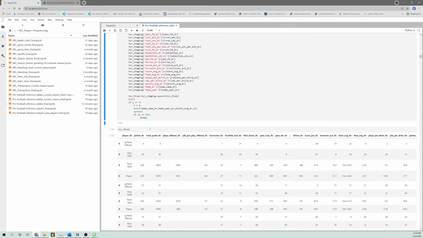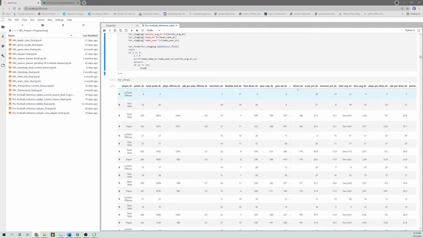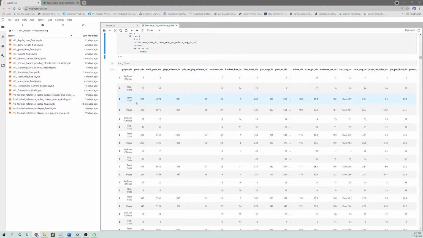Excuse me, I actually skipped the table. So this is what the table looks like after we scrape everything, put it in a data frame, and do whatever data manipulation we need to do. There's one thing I messed up on, which is that the text of player is not